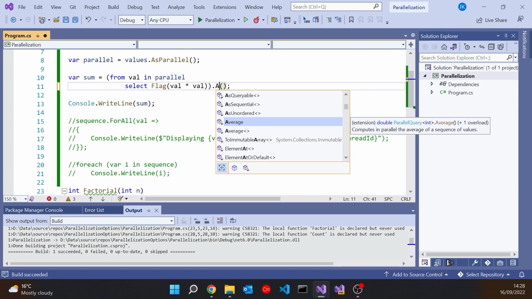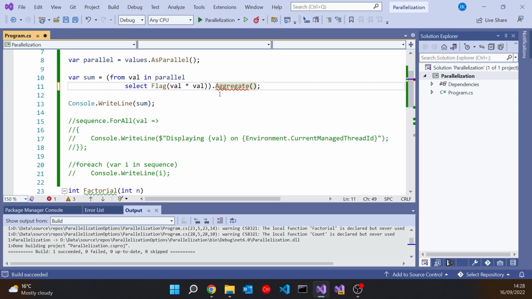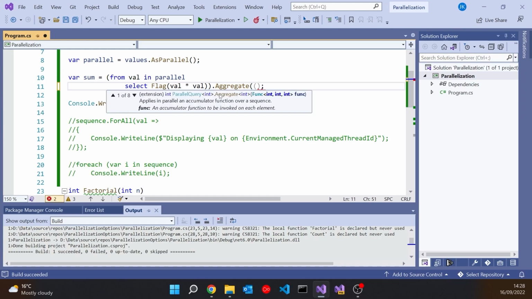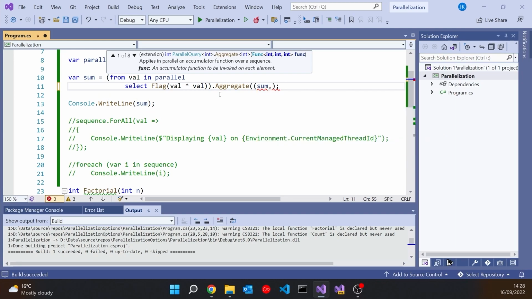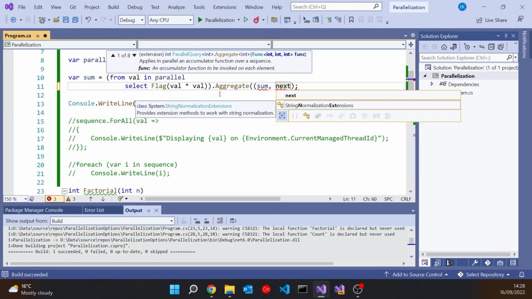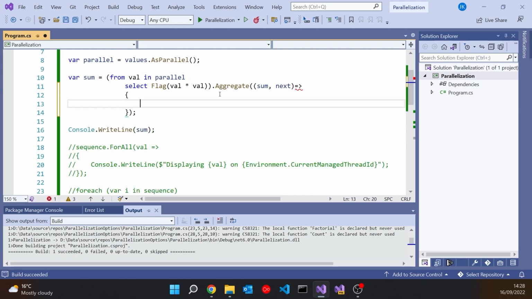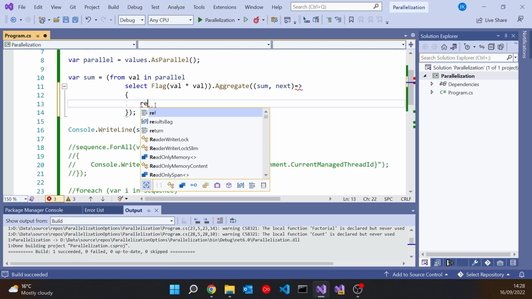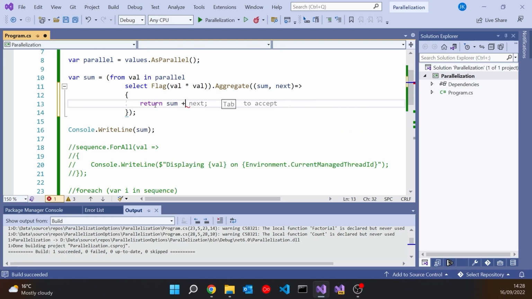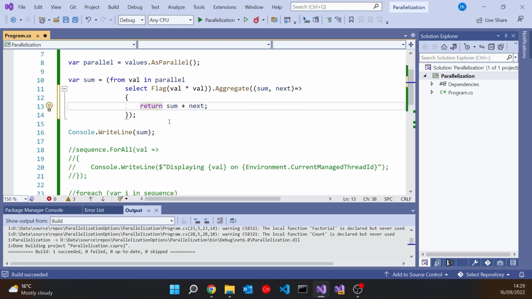And in fact, that whole idea can be more generalized into a function that we have called aggregate. So what I can do is similar sort of things for myself that aren't just sum or max or min, but whatever rule I want to have. And so the way that aggregate works is like this. What I could do is I could put in a lambda and we'll have one parameter as sum and another parameter as next. And then in the body of that lambda, I could simply do a return sum plus next. And so basically that will put together the sum.